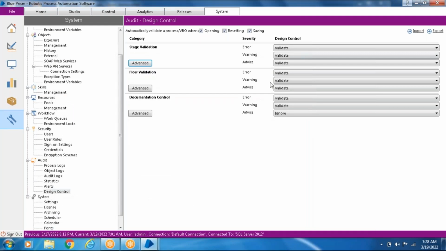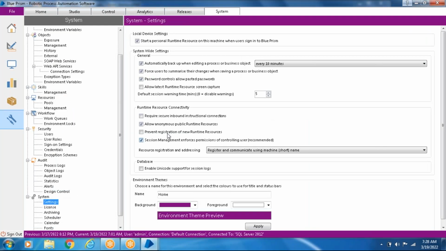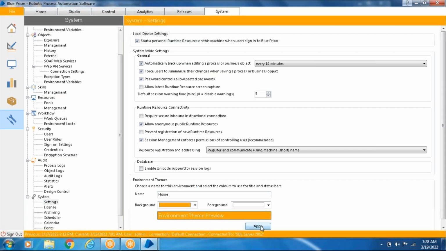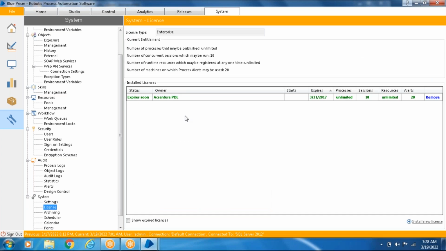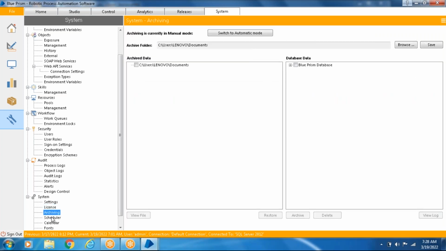Okay, and again we have system settings. In the system settings also we have environment. Just like we change the themes, all these things we need to do in the Blue Prism tool itself. Okay, and then license, we can update the license here, and then archiving, scheduler,